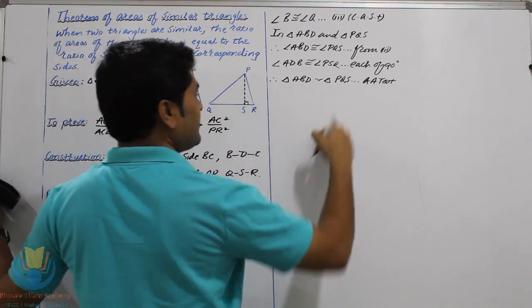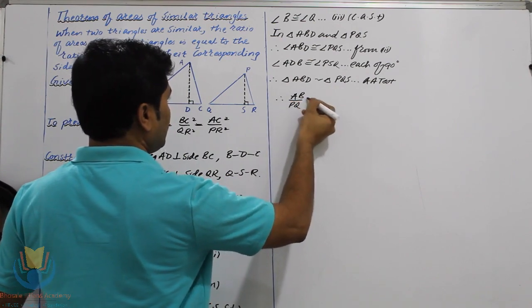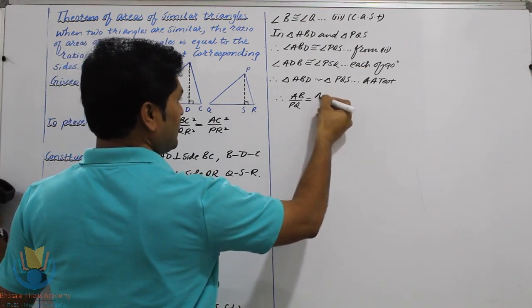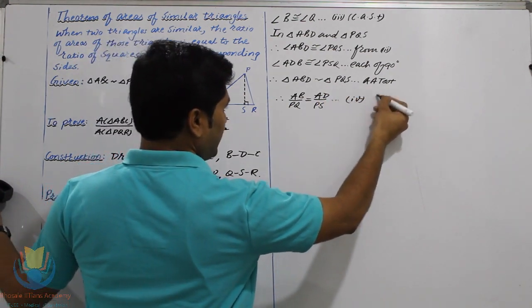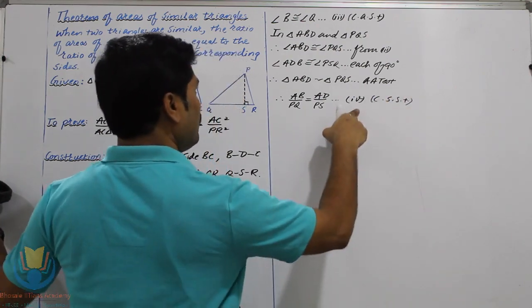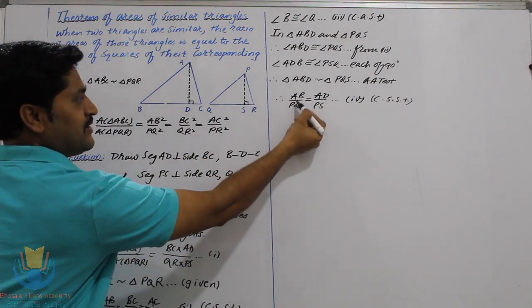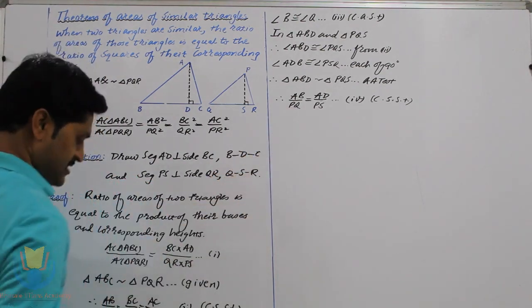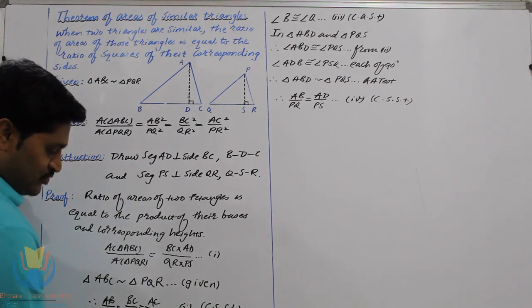Again, once the triangles are similar, their corresponding sides are in proportion. Therefore AB upon PQ is equal to, BD upon QS we don't require, so let's take the ratio of the third side, AD upon PS. This is equation number 4, and the reason is corresponding sides of similar triangles. Now look at equation number 4 and equation number 2. AB by PQ is equal to AD by PS, and AB by PQ is equal to BC by QR, because we want to equate those two things.